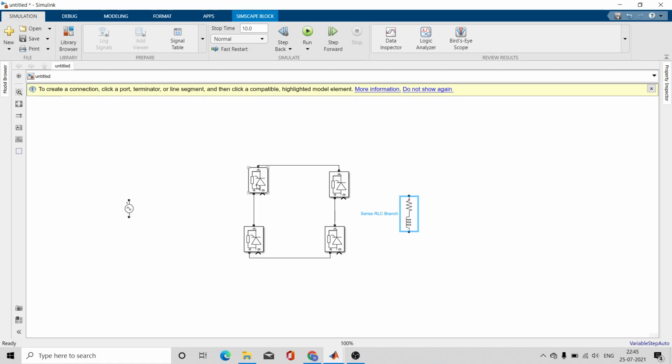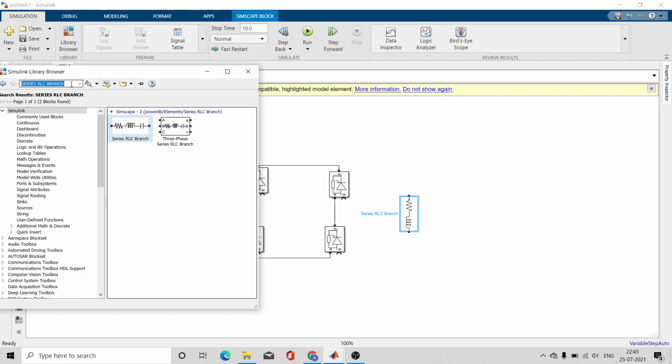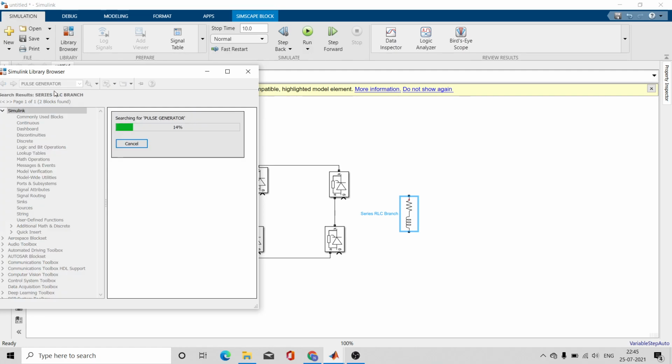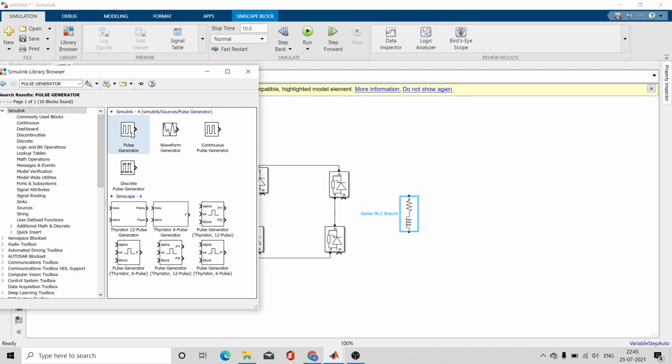Okay, so we are going to see how that pulse generator will work. So go to the library browser, take pulse generator, take this one.